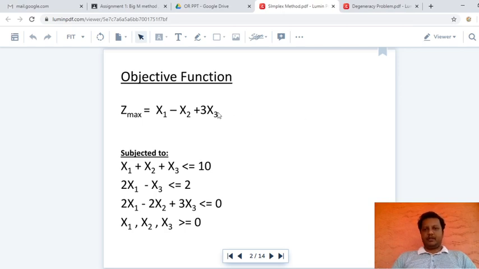I have taken an objective function with three variables x1, x2 and x3, and the objective function is to maximize the profit. So the objective function can be either to maximize or minimize the profit. Here we are considering a problem of maximization type. Then we have three constraints